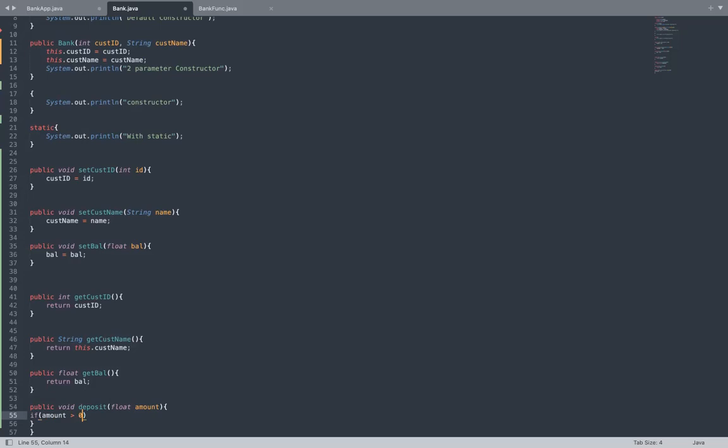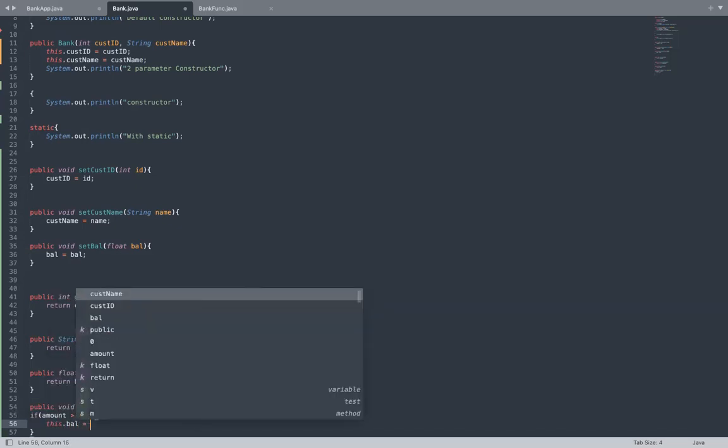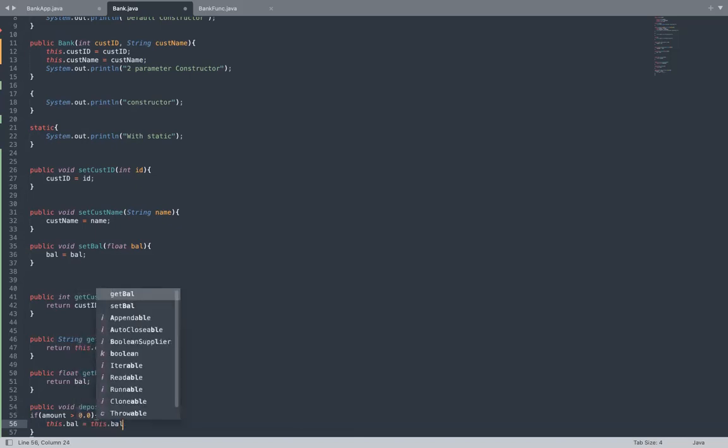But you're using float data type, so you should give 0.0. Yes. And then you can open your brace, and within that you're going to write your condition. So once my amount is greater than 0, you're going to do a deposit. So basically you're adding it to your balance amount. You have a balance attribute where you're going to get like this dot balance plus my amount.